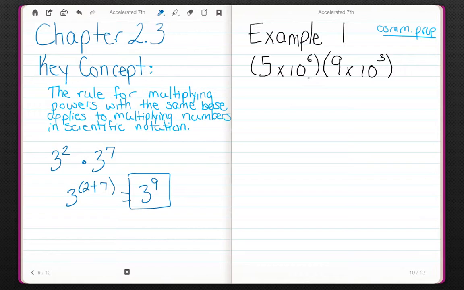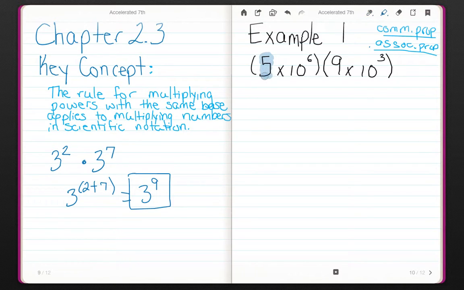The first thing I'm going to do is use the commutative property to rearrange my numbers, and I'm going to use the associative property to put these in order so that my bases are together and so that the times 10 to the 3rd, the scientific notation, is together. So let's rearrange these